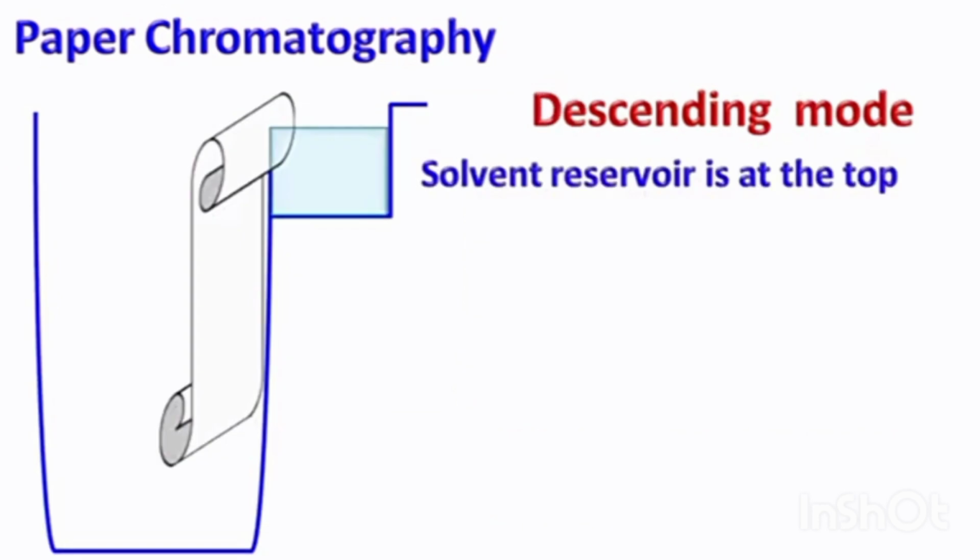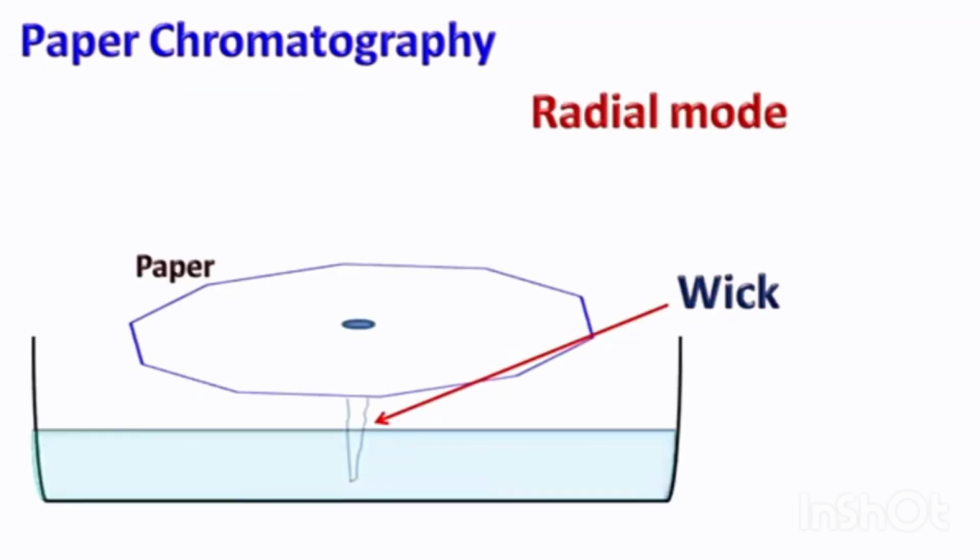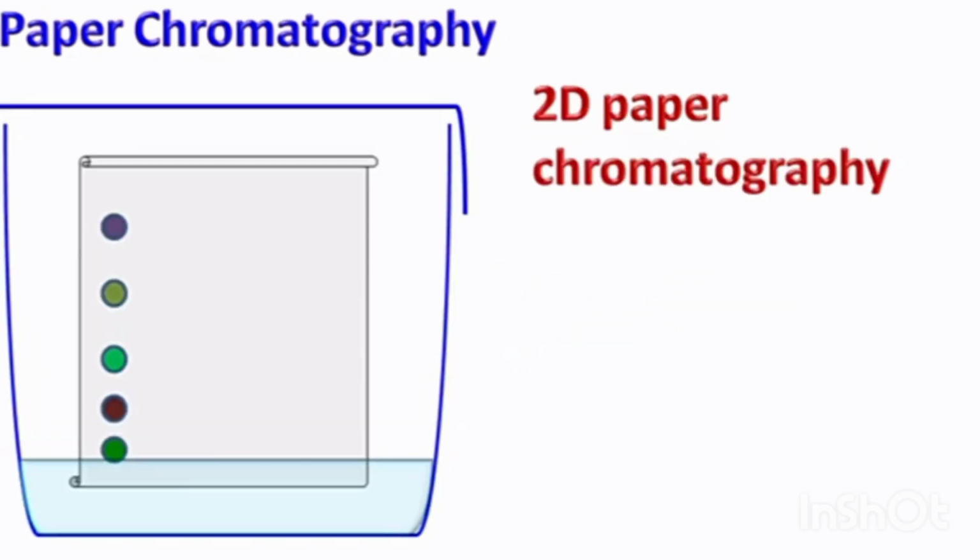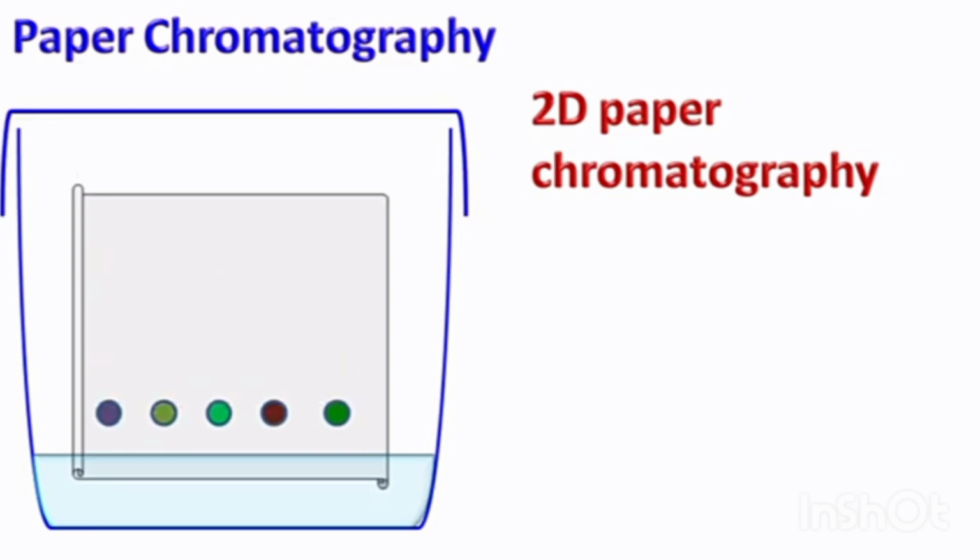Developing in TLC. In TLC, invariably, the ascending technique is used for developing. After application of the sample, the chromatoplate is dipped into a suitable solvent taken in a jar. Better results are obtained if the plate is vertically erect. The jar is covered with a lid, a glass plate. The solvent or eluent rises at the rate of 1 centimeter in 3 to 4 minutes. When the solvent has nearly reached the top of the adsorbent layer, the chromatoplate is taken out and dried.